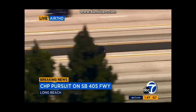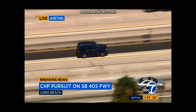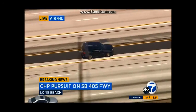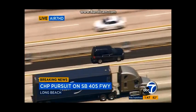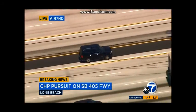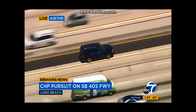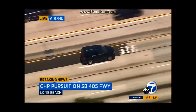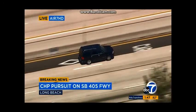Again, you were saying it earlier. It does seem like very often when we do these high-speed pursuits, the CHP pursuits, that there's not a lot of traffic on the freeways, when we clearly know, anyone who navigates these freeways, we see so much traffic on a day-to-day basis. But it is sort of the luck of the draw. And I thought it would be better if there was traffic, because they'd have to just stop. But I guess you're saying it's probably best that they just run out of gas or...